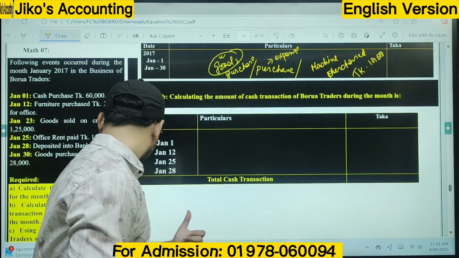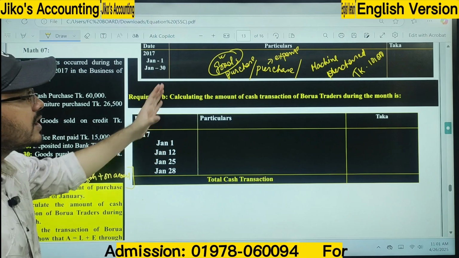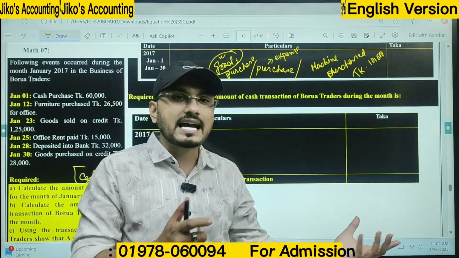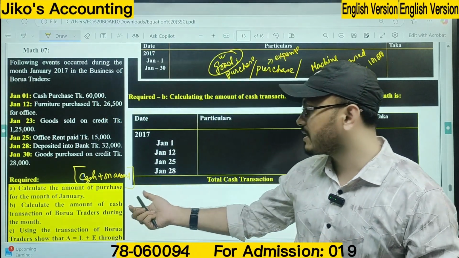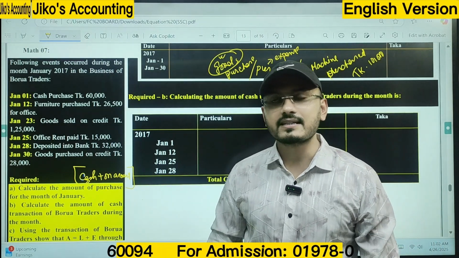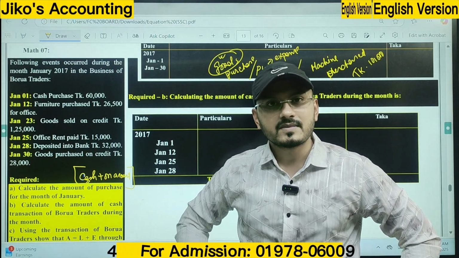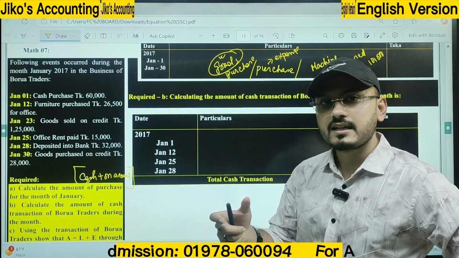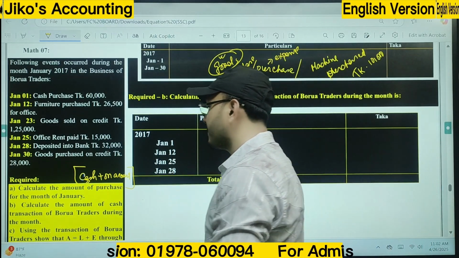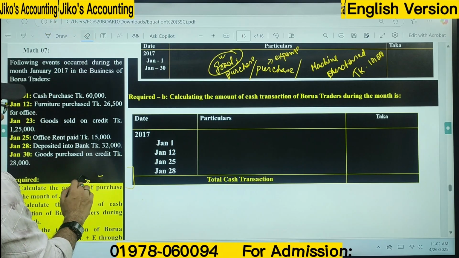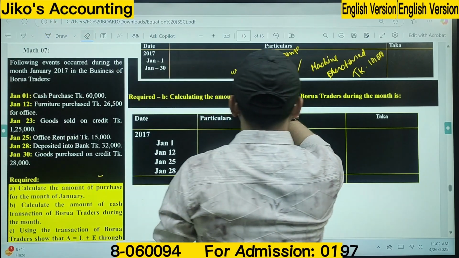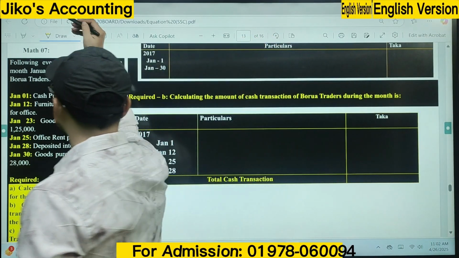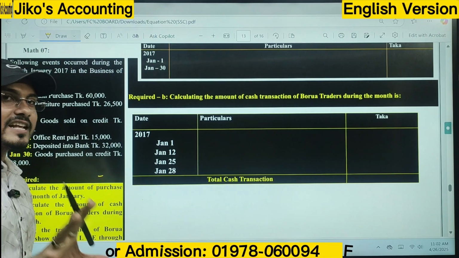That means whenever we are told to determine the total amount of purchase, we won't consider any purchase of fixed assets. This question can be given to you in another way. Instead of this, you may be asked to determine the total amount of current assets or the total amount of fixed assets. Only in those cases do you have to consider fixed assets. Is it clear, sir? So I think you all have understood. Now try to solve this one. Only cash and non-cash transactions would be included here. Again, I'm saying in the case of purchase, both cash and non-cash transactions would be included here, sir. Is it clear to you, sir? No purchase of any fixed assets. Again, I'm saying,